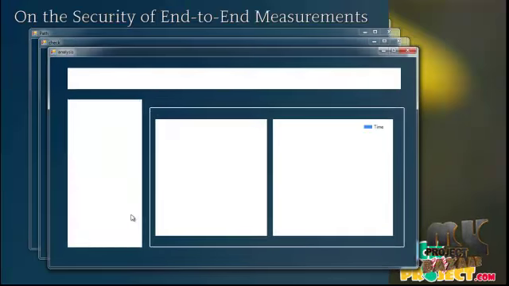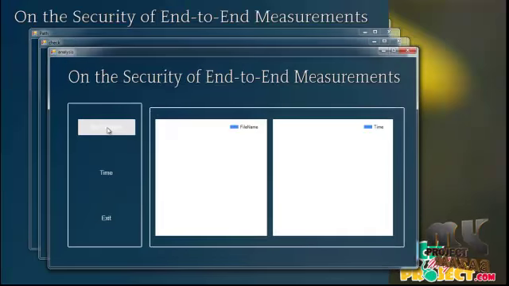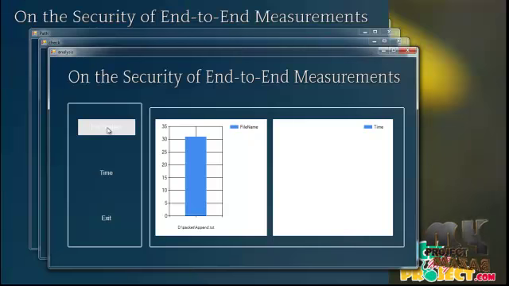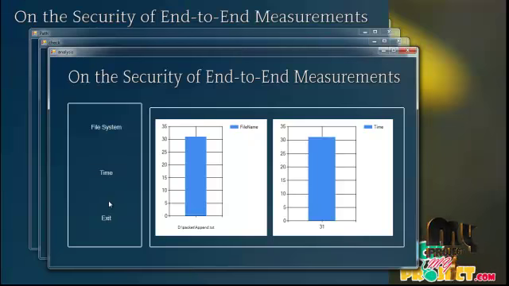Click on the analysis button. Finally, the analysis shows the time the user sent file takes to reach the destination port. Click on the file system button and time button. We have seen the graph of the final analysis of the time taken to transfer all the packets. It is 31 milliseconds only.